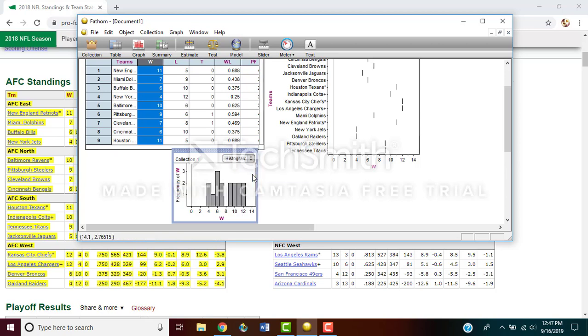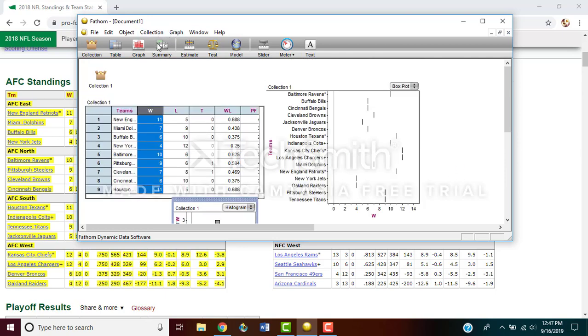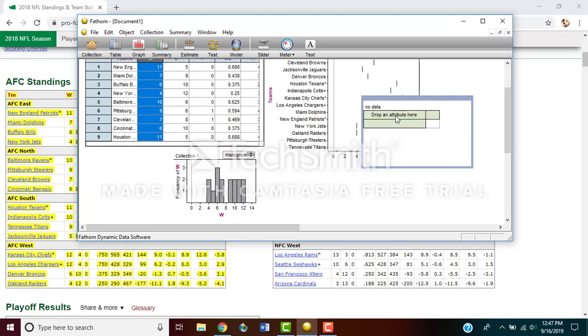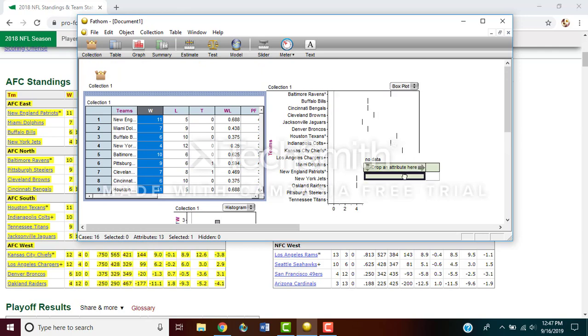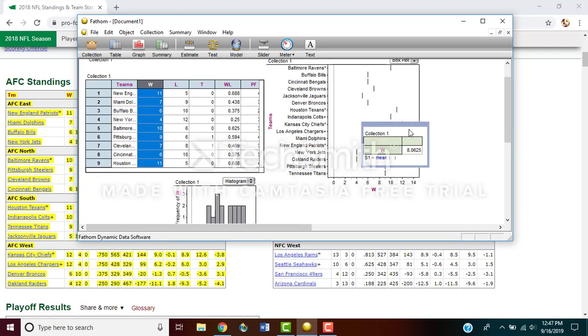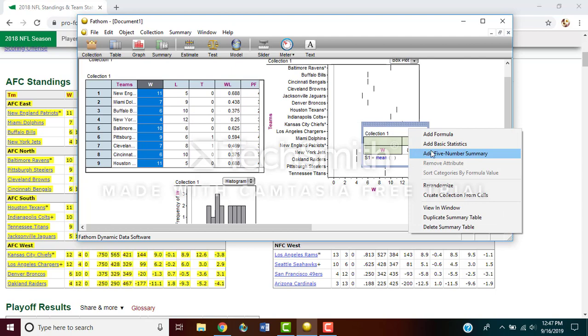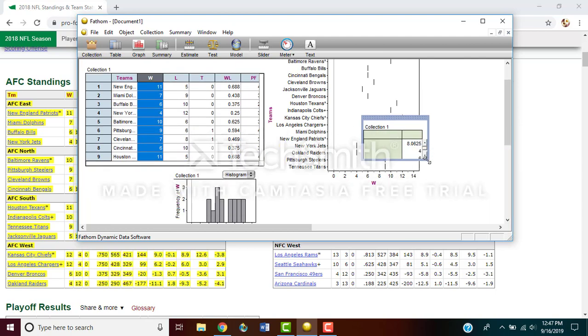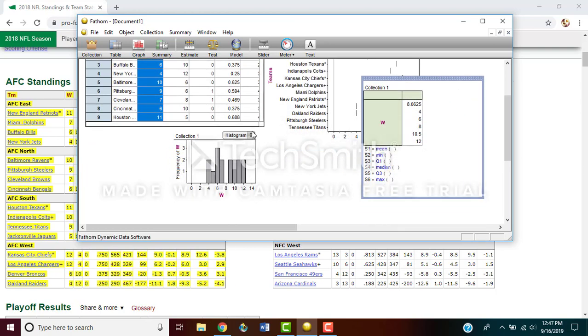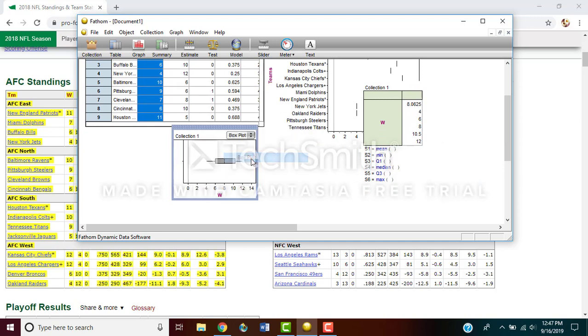And we're going to go back to our histogram. We can also bring in our summary. Drag in your wins. Right click. And we're just going to do the 5-number summary. Make this big enough to see. So now we have all that in here, and we can change this back to a box plot, and you can actually see